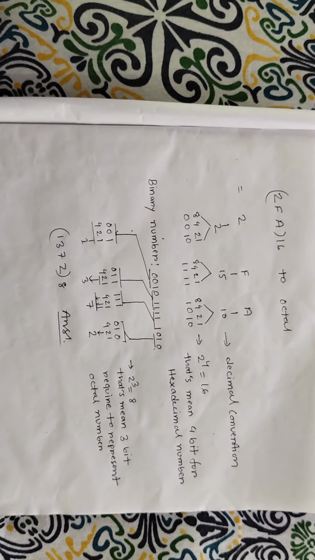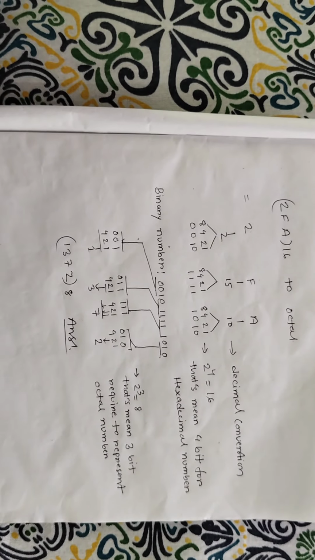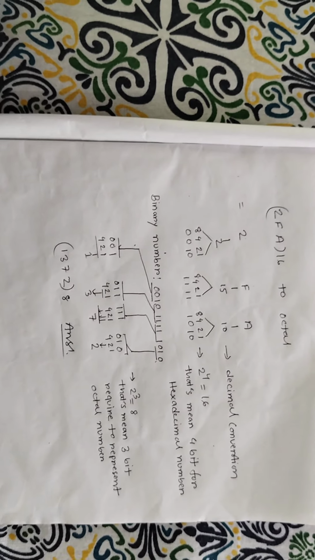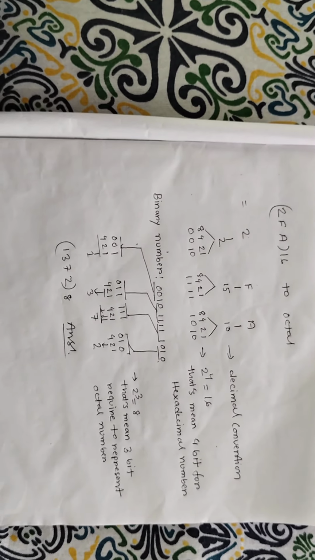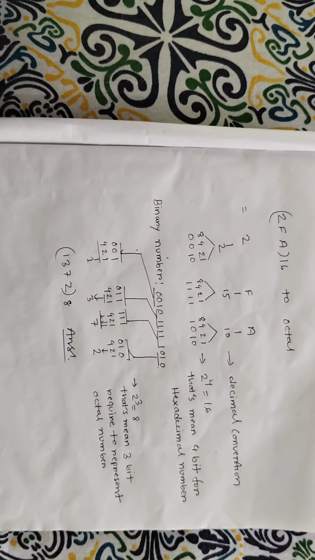require 4 bits to represent a binary number. So we have taken 4 bits, with place values 8, 4, 2, 1, and according to this we have found the corresponding binary numbers, and we combine all the binary numbers, and after that